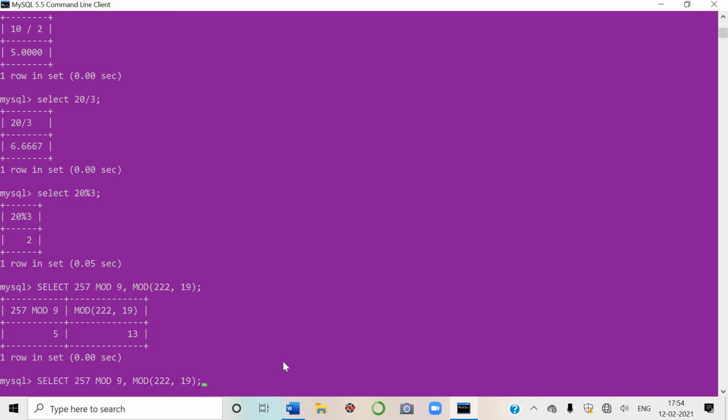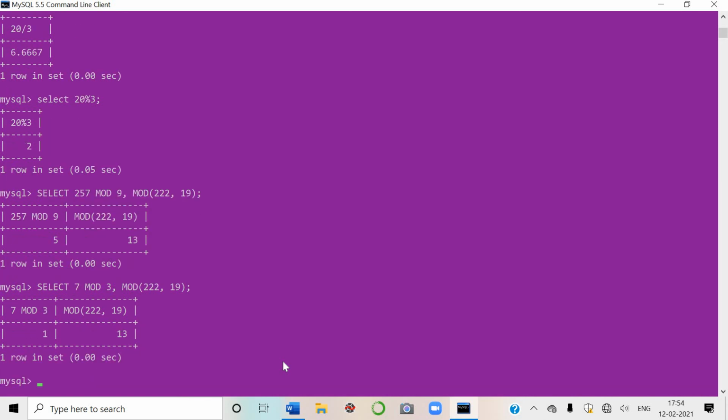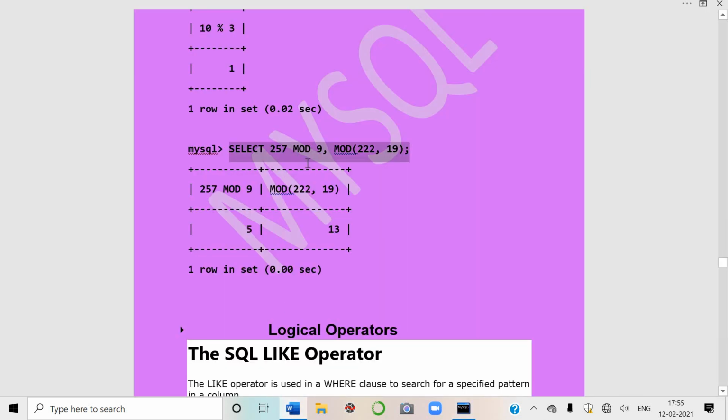I can give you a simple example. You want to divide 7 by 3. See here, only 1 is the remainder. That is 7 mod 3. So mod function can also be used here instead of the percentage symbol as I used here. Fine. Now these were the arithmetic operators.